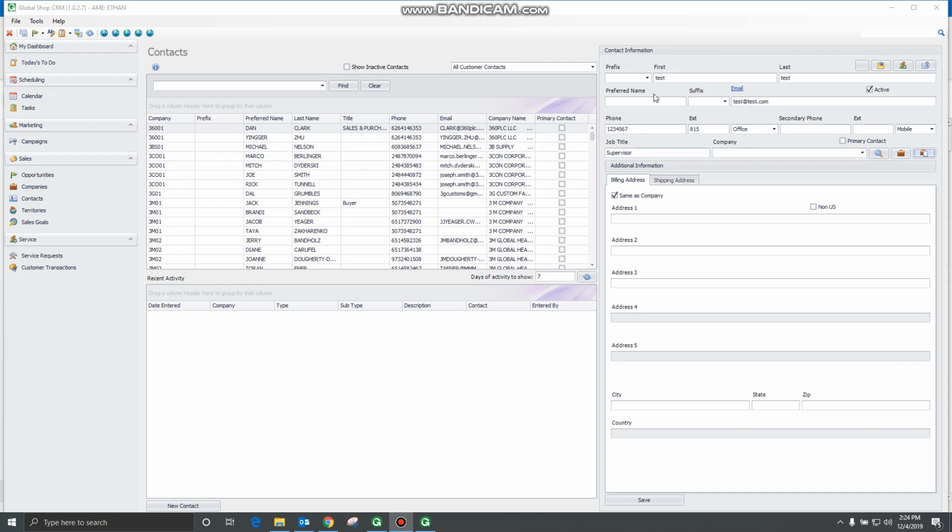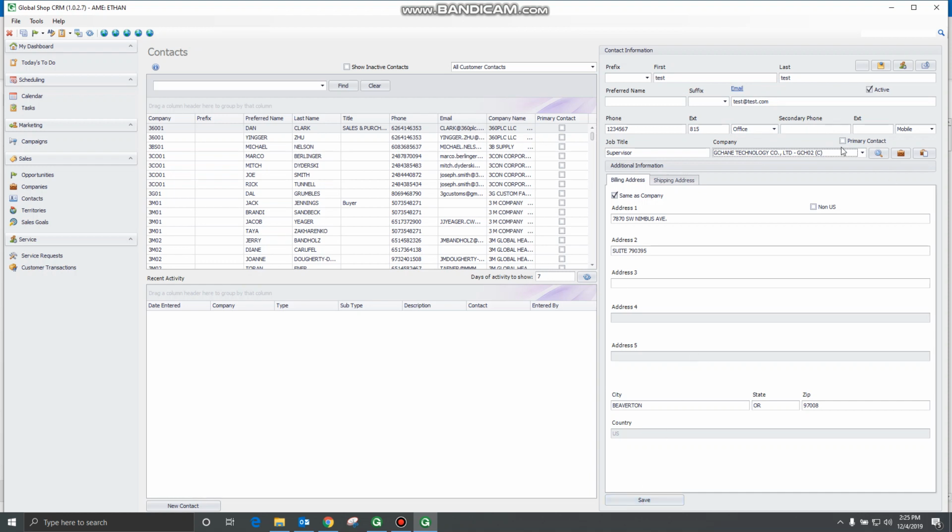In the case that you just wanted to add a new contact to a company that we already have here in GlobalShop, you would have all your general information here. You would go to this drop-down box right here and type in whatever it is you're looking for. So let's just say it's GE appliance. Actually, it's a bad example because it doesn't have an address. All right, so this one, I'm not sure how to pronounce that. Shane. So it'll populate these addresses, the city, state, and the zip, and then it's as easy as having this stuff filled out, selecting a company, going down here and hitting save,